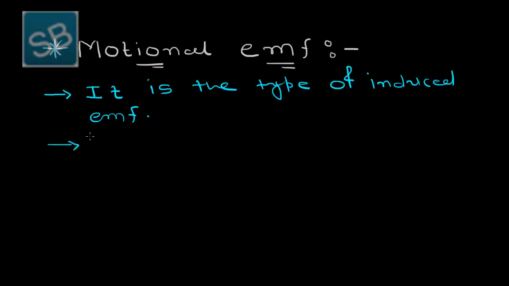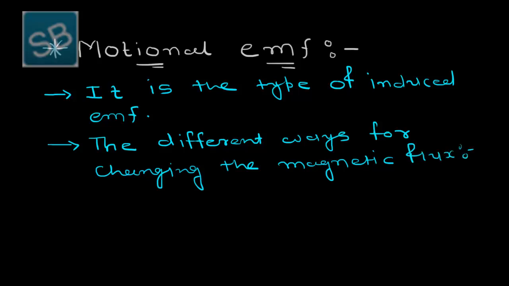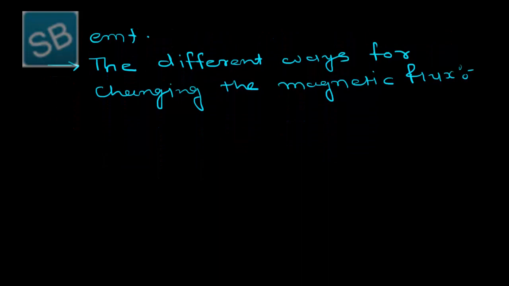the magnetic flux which is linked with the coil can be varied by many ways, and from that, after changing the magnetic flux we can have the value of EMF. So first of all, let's consider the different ways for changing the magnetic flux. So the first way to change or vary the magnetic flux is